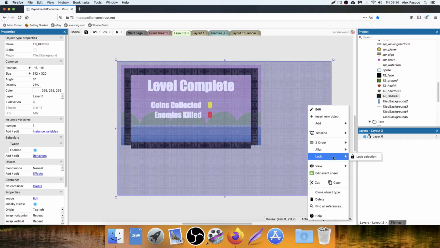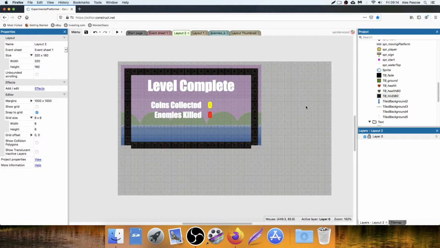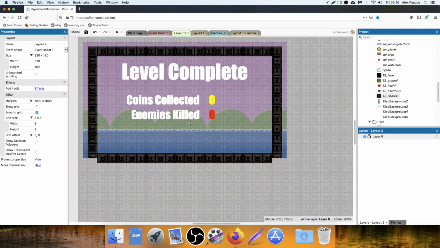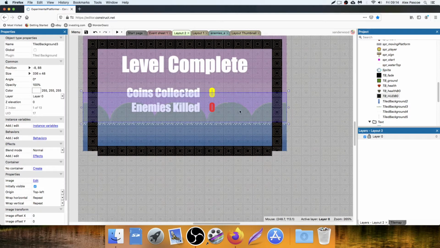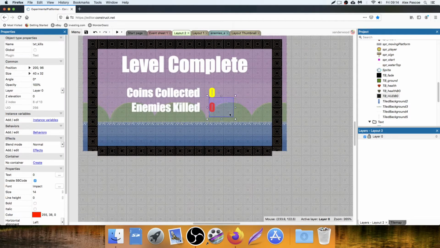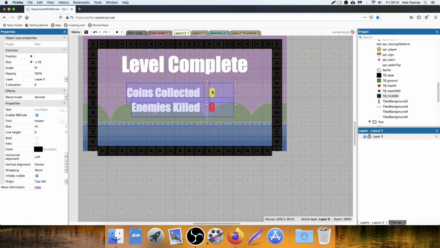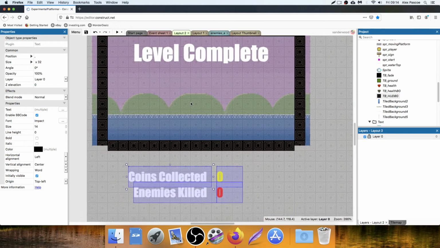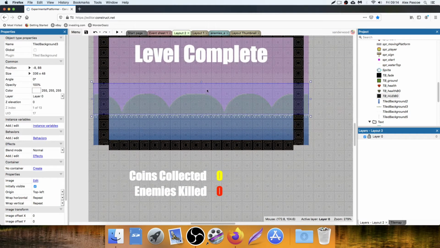So what I want to do is I want to lock that so I can't access it, because that's overlaying on all of the images. So instead of moving it out of the way, I'm just going to right click and lock it, and you can just lock that individual item. Now what I want to do is come in here and add some detail in to these. So in fact, what I might do is just lock all of this. In fact, no, I'm not going to do it. I'm just going to move this out of the way for now, because I'm not sure I want to leave that where it is. With these hills here,